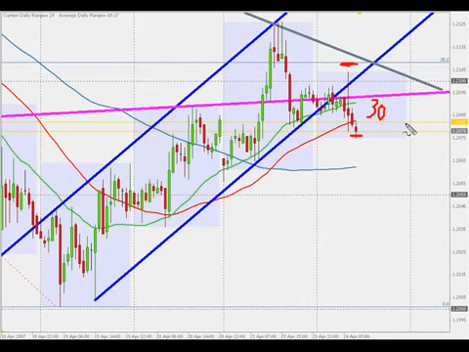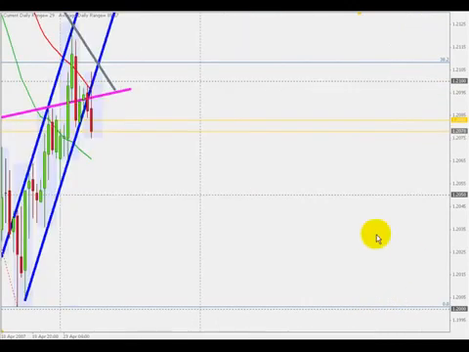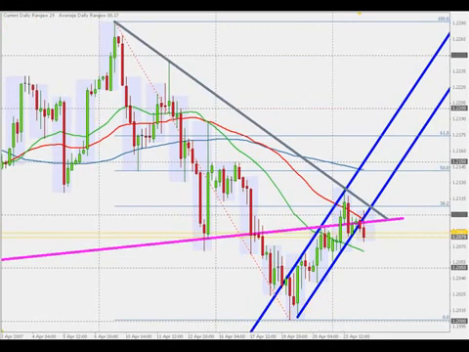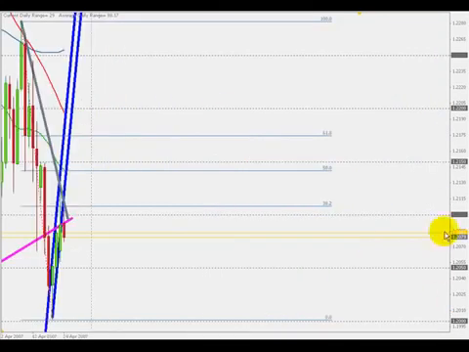Now let's talk about targets. First target is going to be the low of the 4-hour swing down here, which is about where we also see the 120 support area. So I'm going to put my first target about 5-8 pips above that, right there, for 70 pips first target, and then I'm going to close out half of my position there, and I'm going to move stop to break even for the remaining of the position,